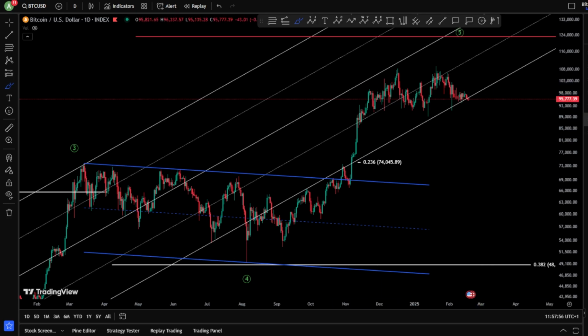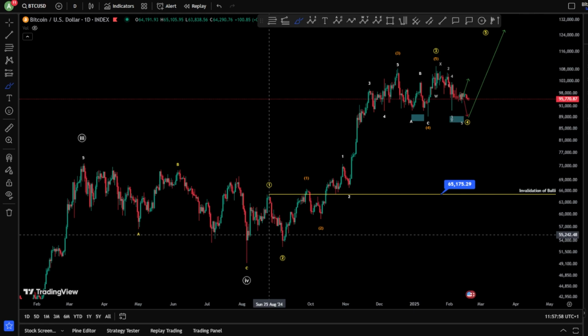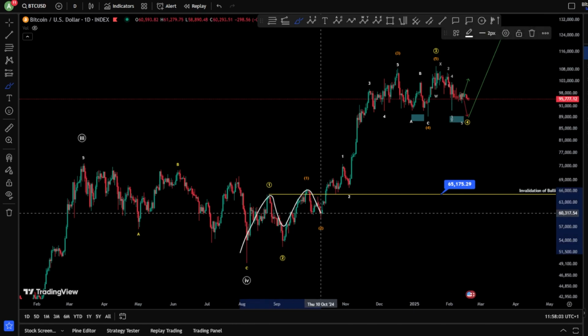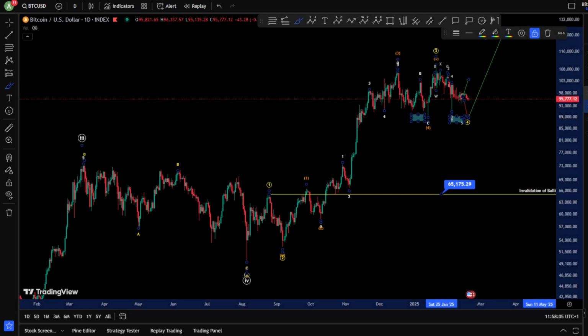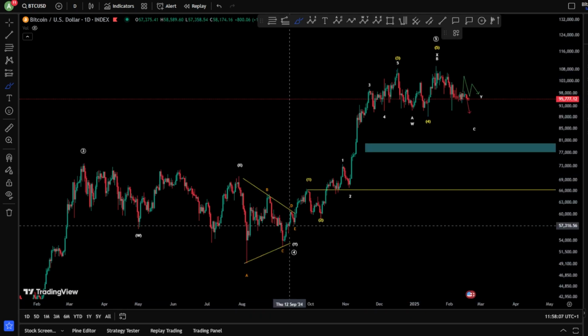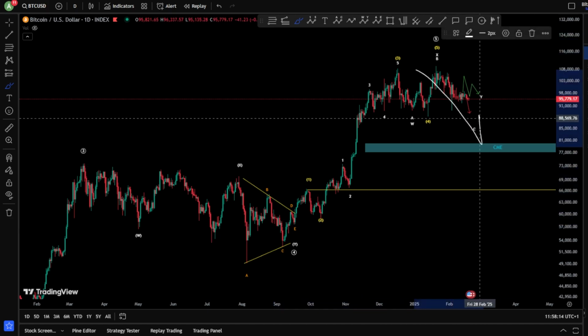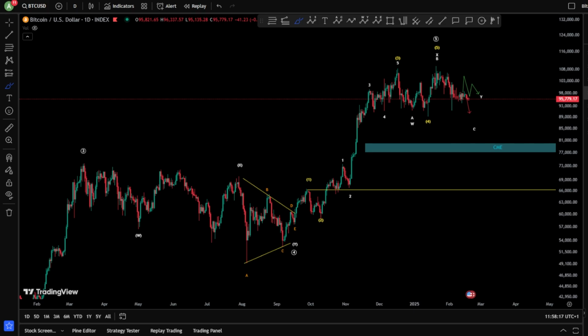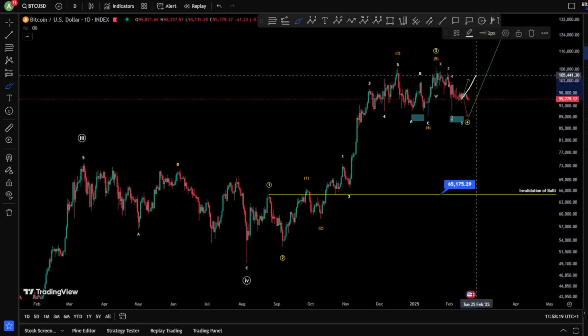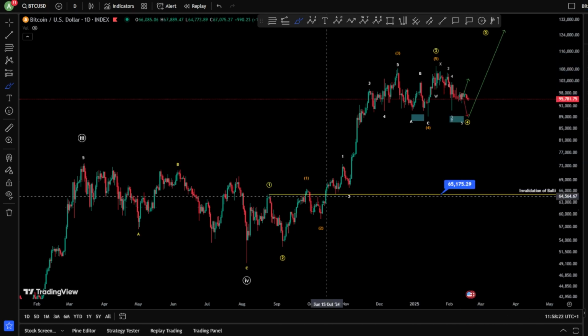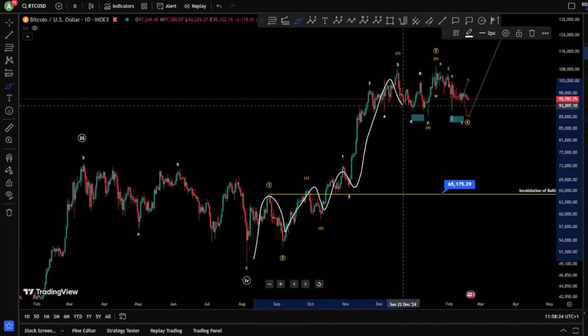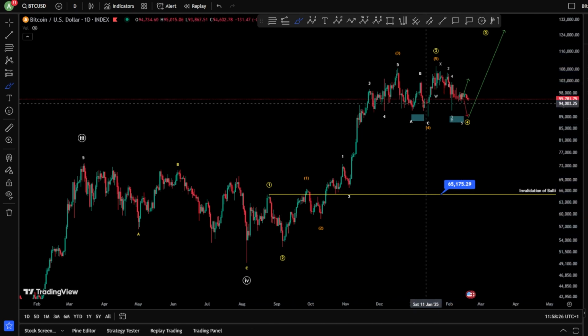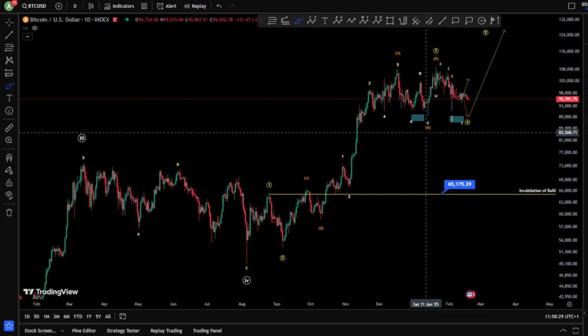Now, if we take a look at our counting for the bullish scenario, we have a double count here. One is a triple 1-2, and the second count is just a double 1-2. The difference between them is that this one is finished and you are bearish toward the downside, while the other one still needs one more leg toward the upside. For the triple 1-2, you need a triple 4 and 5, right? So we still need one more leg as a bullish.